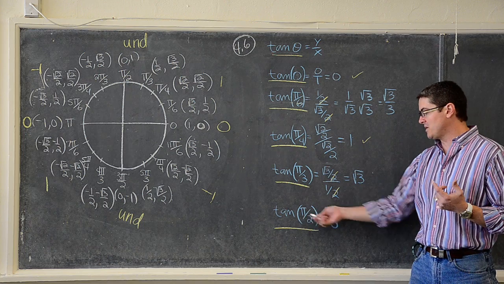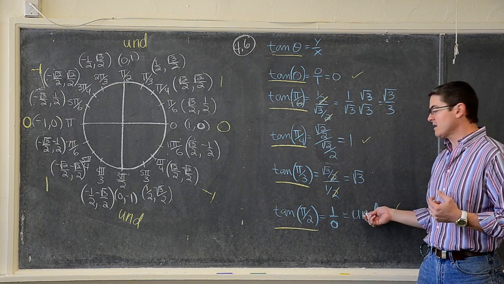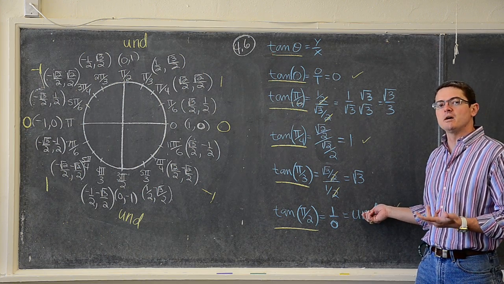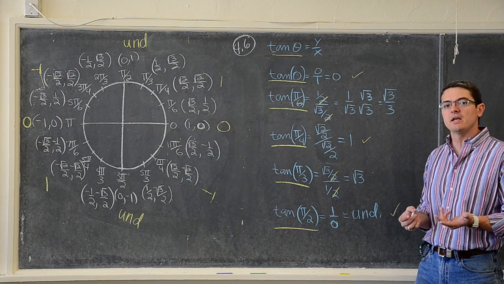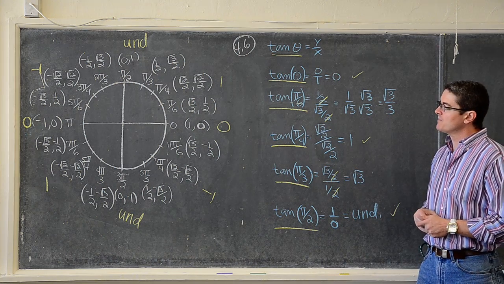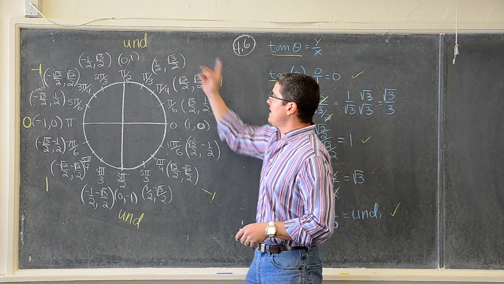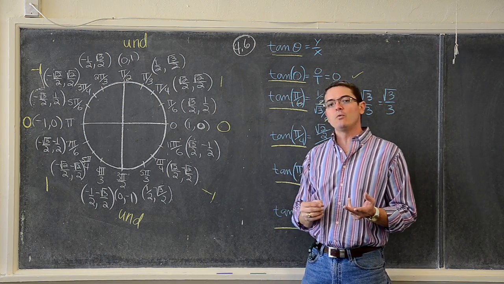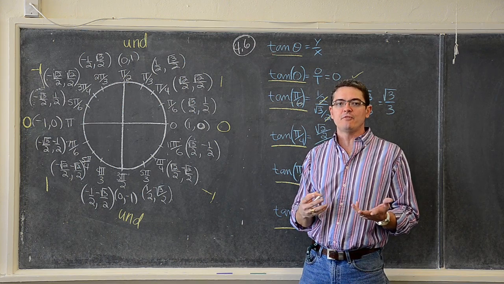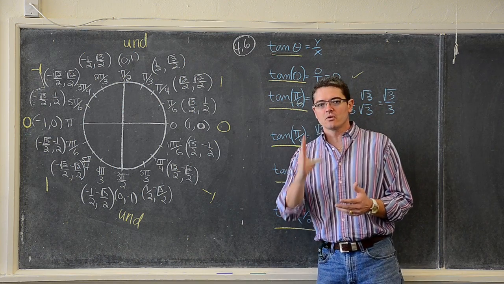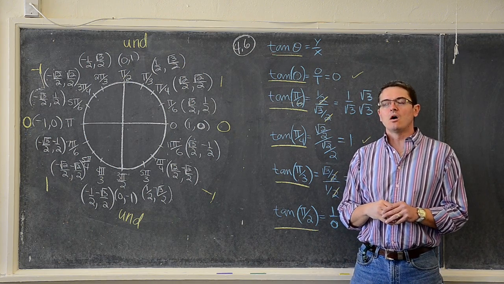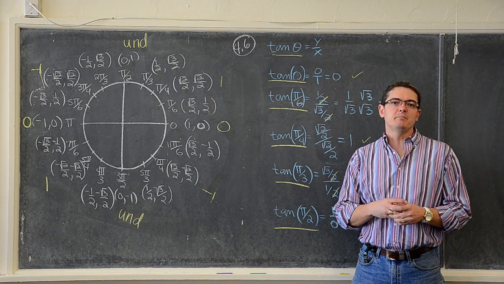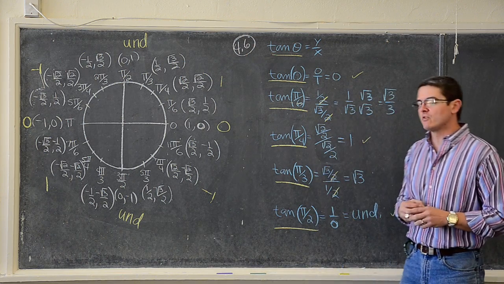So there is a possibility, like we see here with the tangent of pi over 2, that it can come out to be undefined. Our graphs are going to have vertical asymptotes at those points where the x or the y becomes 0, and thus you can't set up the tangent or cotangent function. Around the unit circle, I've highlighted the angles that give us the easy values of 1, 0, negative 1, or in the case of tan and cotan, undefined. Secant and cosecant have vertical asymptotes as well, because secant is r over x and cosecant is r over y, so those have the possibility of vertical asymptotes too.